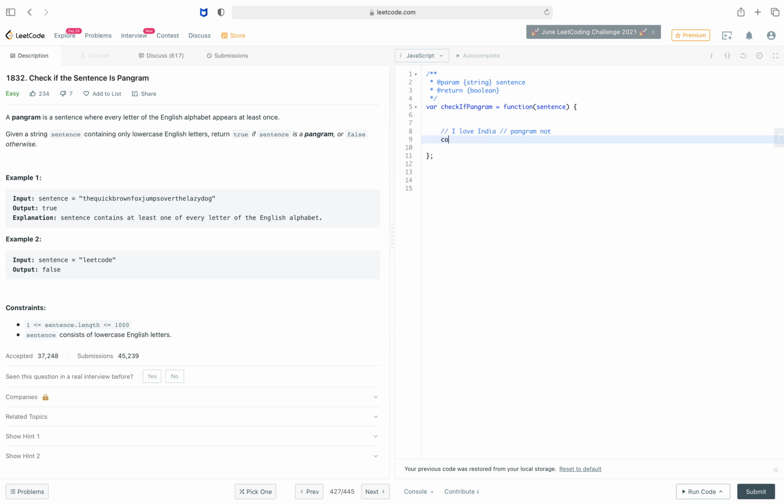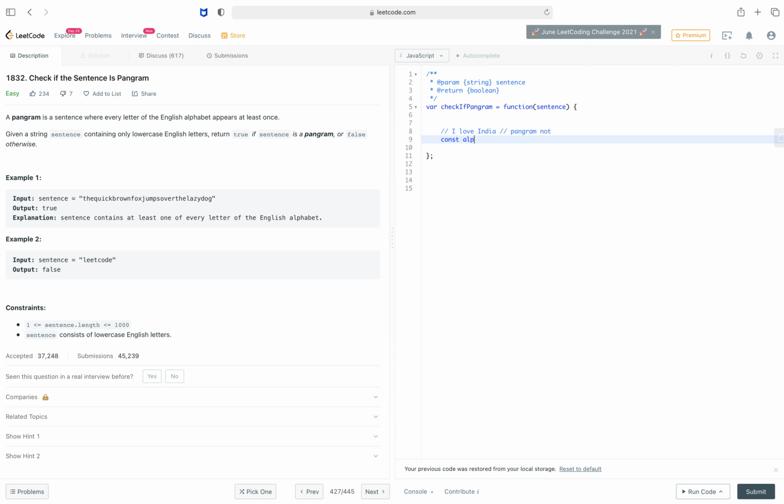Let's define a const variable called alpha, because the alphabet is not going to change: a b c d e f g h i j k l m n o p q r s t u v w x y z. Now take the length of the sentence, sentence.length.